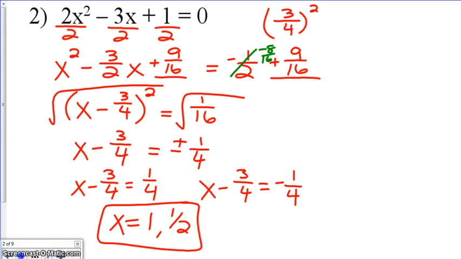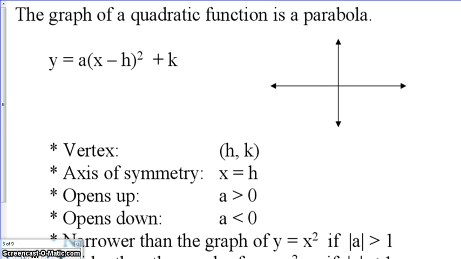All right, so that was a review of our completing the square topic that we learned previously. Moving on, the graph of a quadratic function is a parabola. We can write the equation of our quadratic in what's called vertex form. So vertex form is the form y equals a, so that same a value that told us what direction our parabola opened up in,